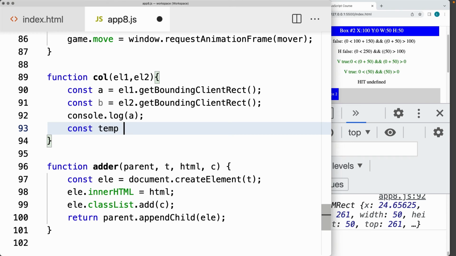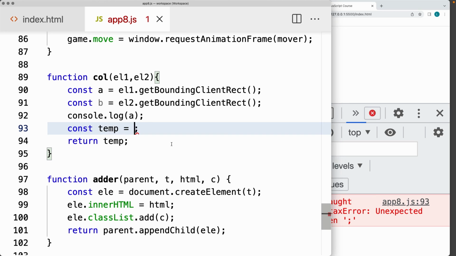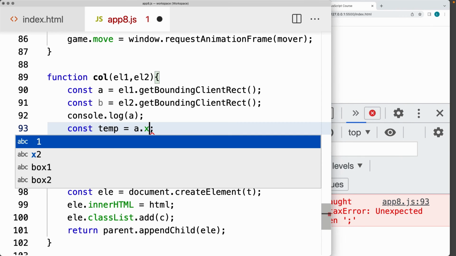And I'll call it temp for now while we're doing the calculation. Then we'll return back the value of temp, and we'll clean up the code after we've done the calculation. Right now the value of temp is not going to be returning anything, and we want to get those object values for those elements from the screen. So let's make the calculation where we'll get the value of A, X,